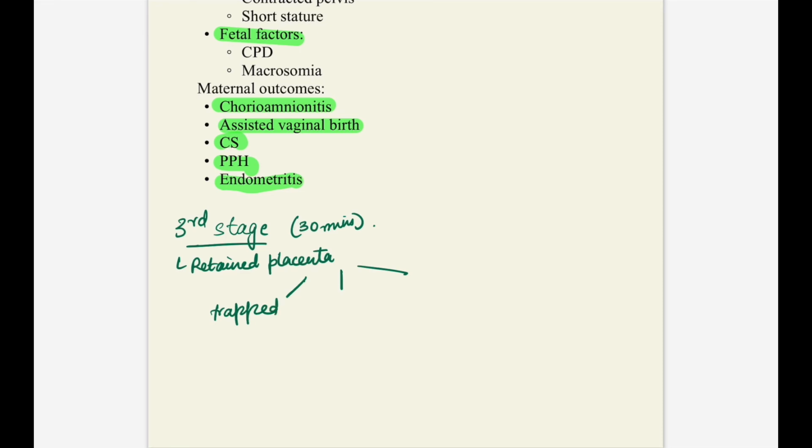Trapped placenta is basically when the cervix has closed or is beginning to close and the placenta is literally just trapped inside the uterus. It has, what do you say, separated from the myometrium, but it is still within the uterus because the cervix is closed. The second is placenta adherence, where the placenta is adhered to the uterus, but you can separate it with a manual extraction. And the third is the placenta accreta spectrum. So accreta spectrum is basically when the uterine decidua is missing and the placenta literally gets attached to the myometrium.